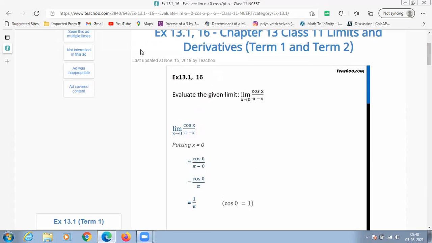Can you create a question on your own like this? Change cos into some other trigonometric function like secant or cosecant or tan, and change this radian also, like 3 pi by 2 or 1 by 4, whatever, it's your wish. You just create your own question.